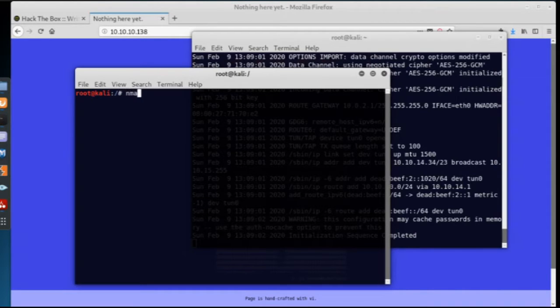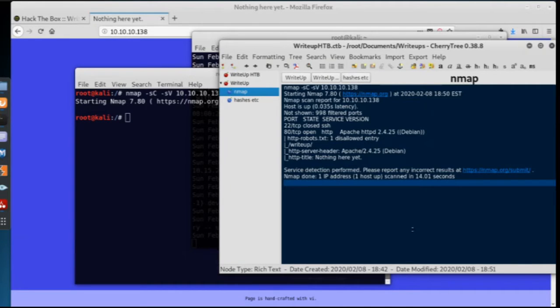So we're going to do nmap -sC -sV 10.10.10.138. And because this can take a minute to actually finish, I ran it ahead of time and put the results in CherryTree. Now you can see here we got a Debian machine, Apache, but the big story is we got robots.txt and